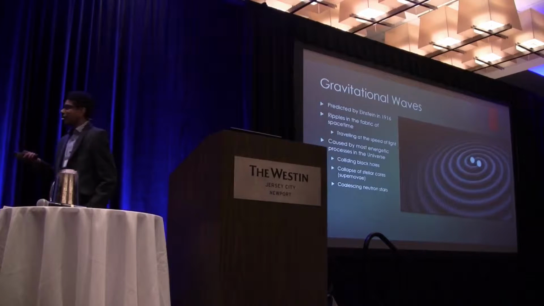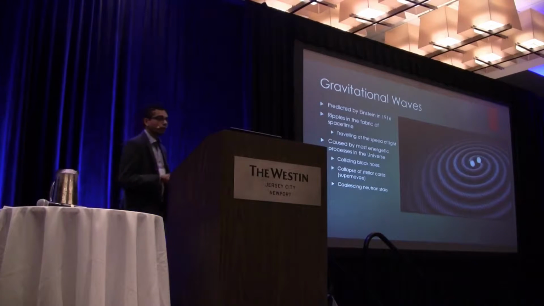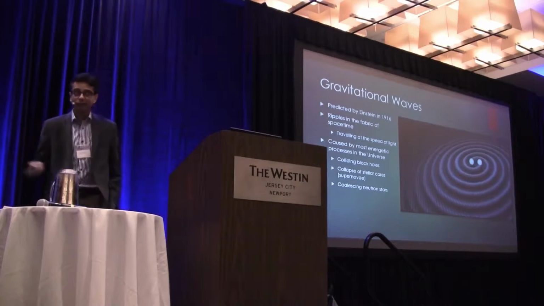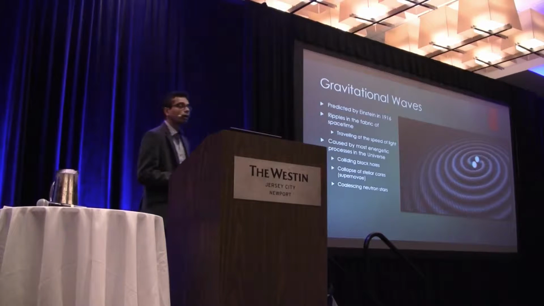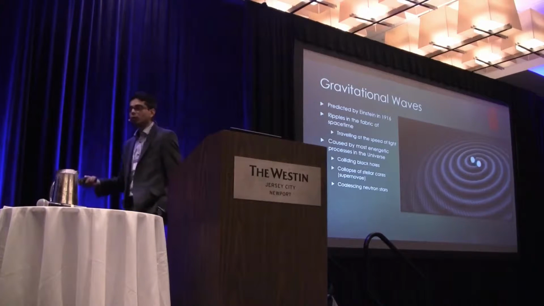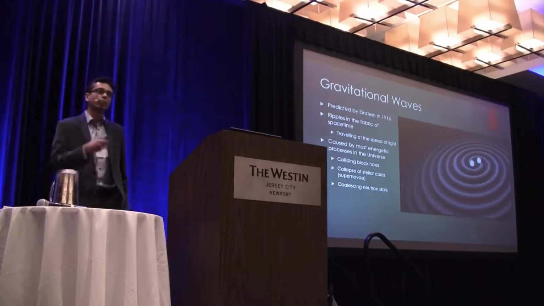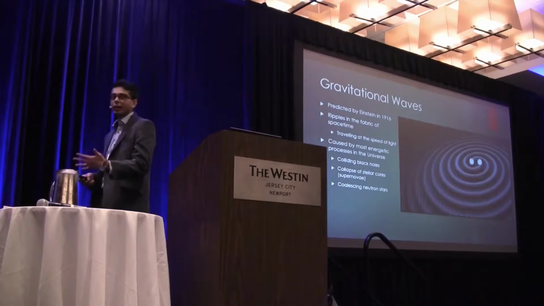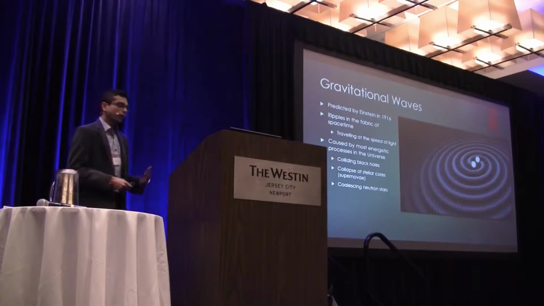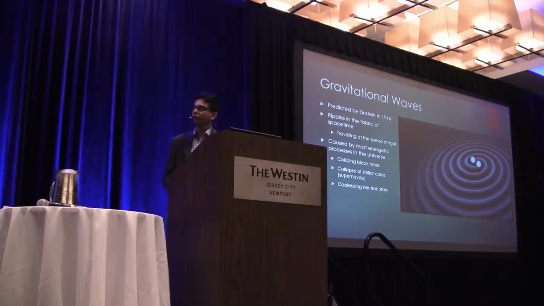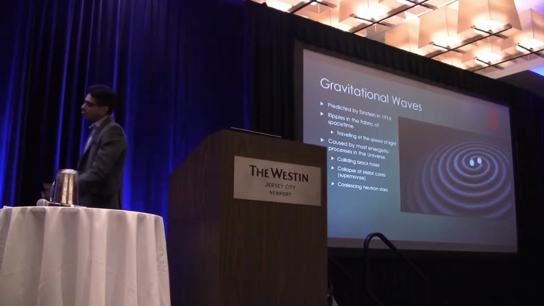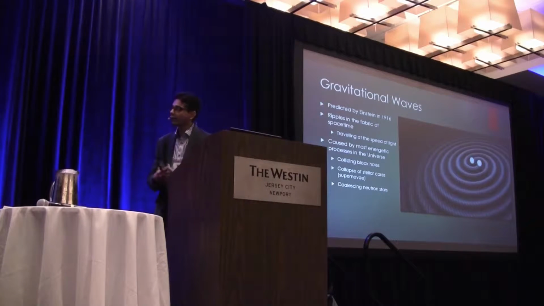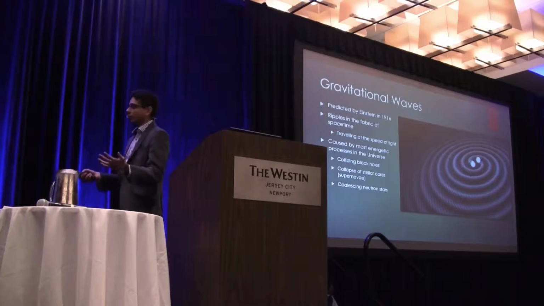Now, Einstein obviously was a genius, so within a year of proposing the theory of relativity, he very quickly realized that if the space-time is flexible enough to be bent, then it should also be possible for massive objects which are moving to result in ripples and vibrations in this space-time which are propagating outwards. These are the ripples and vibrations in the space-time that we call gravitational waves. So the general idea is that if you have a massive object which is moving very, very quickly, then it distorts space-time in a manner in which these distortions are carried in an outward direction and they carry the energy away with them, which are the gravitational waves.